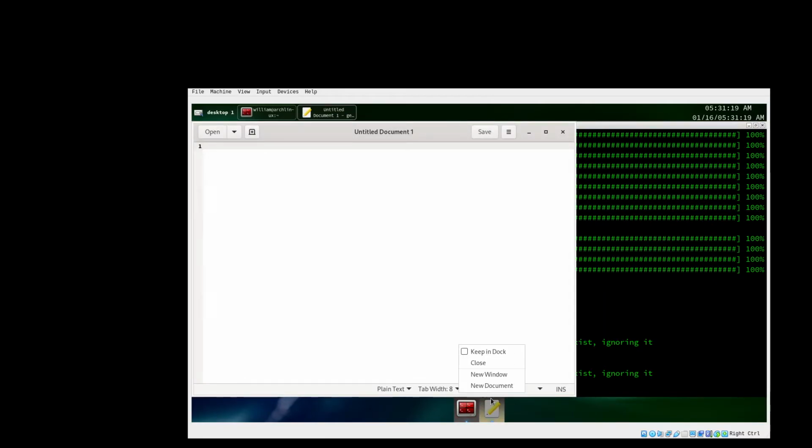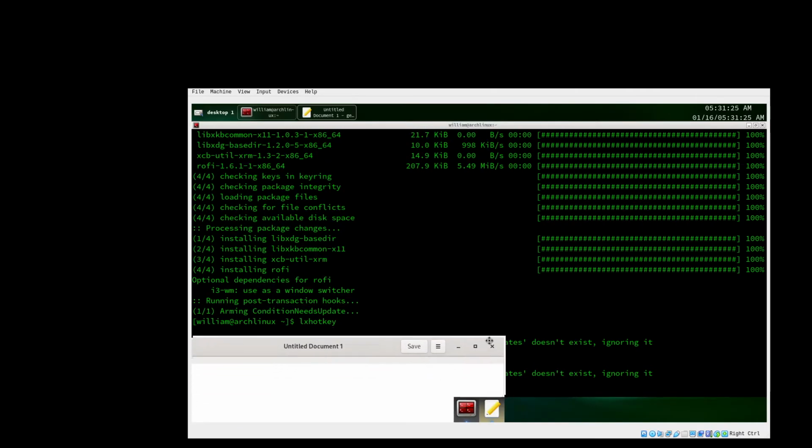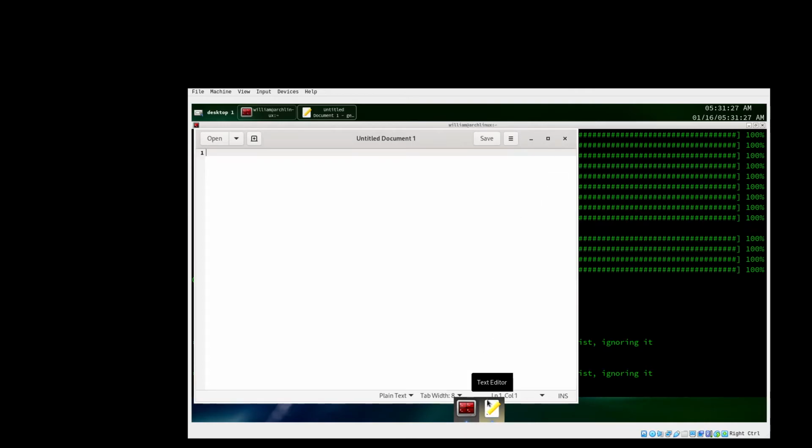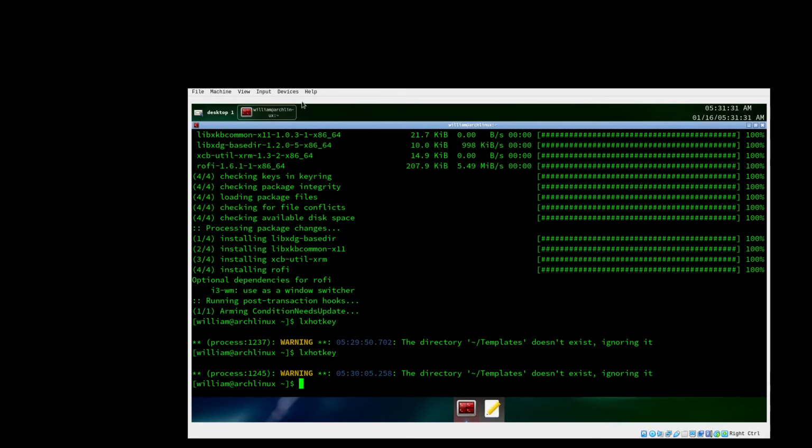Just to show you, you can reorder stuff on the dock if you really want to. I'm not going to keep gedit, and you know what? I'll keep gedit in here. What the hell? Just for the sake of this, it seems like it's going to be a longer configuration session, because